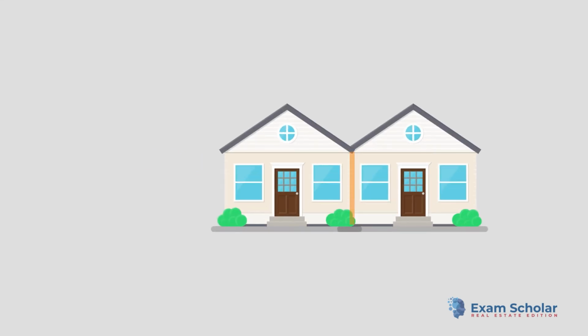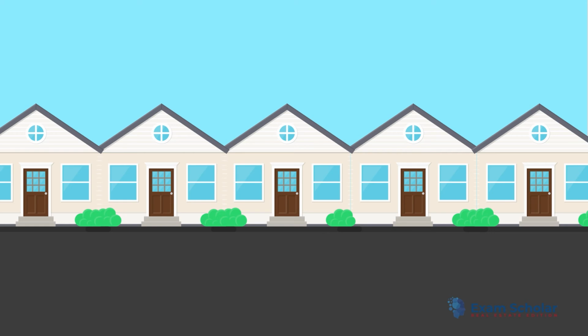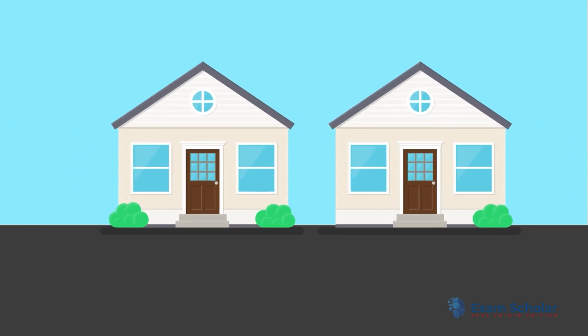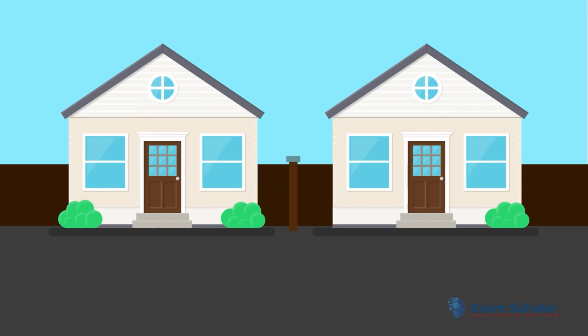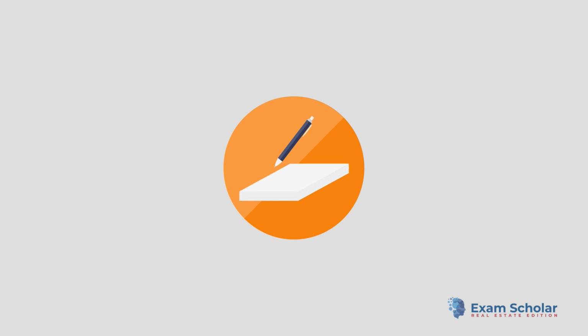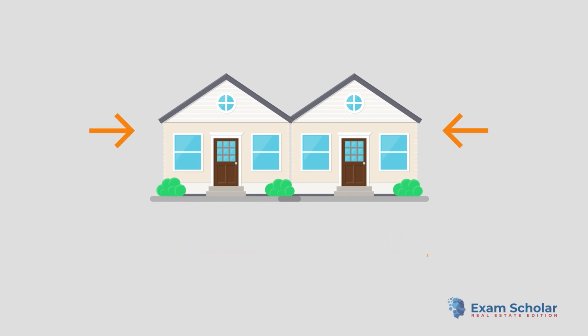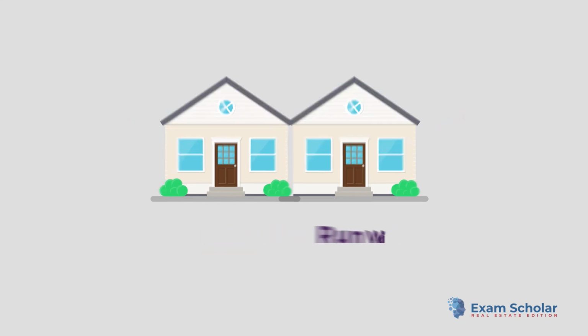Party walls are shared walls between two homes. Think of a townhouse situation. Each neighbor owns their half of the party wall. You could also think of this easement as a shared fence or driveway. When these homes are built, agreements are put in place to deal with maintenance. Party wall easements fall under an appurtenant easement because they benefit the adjacent owner and run with the land.